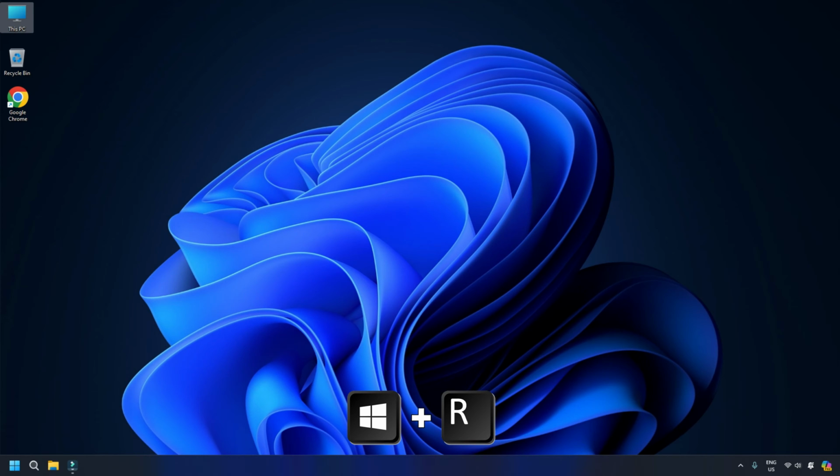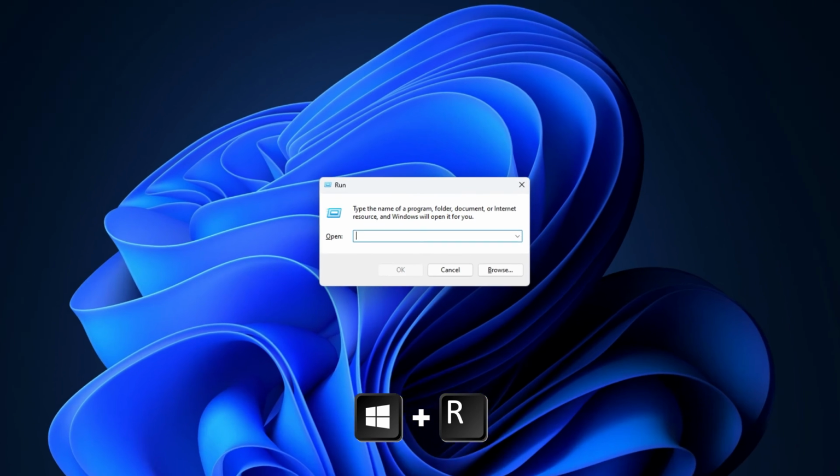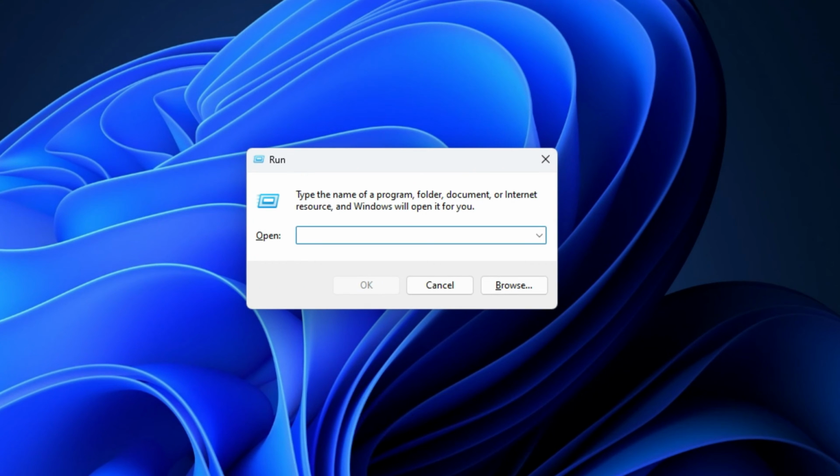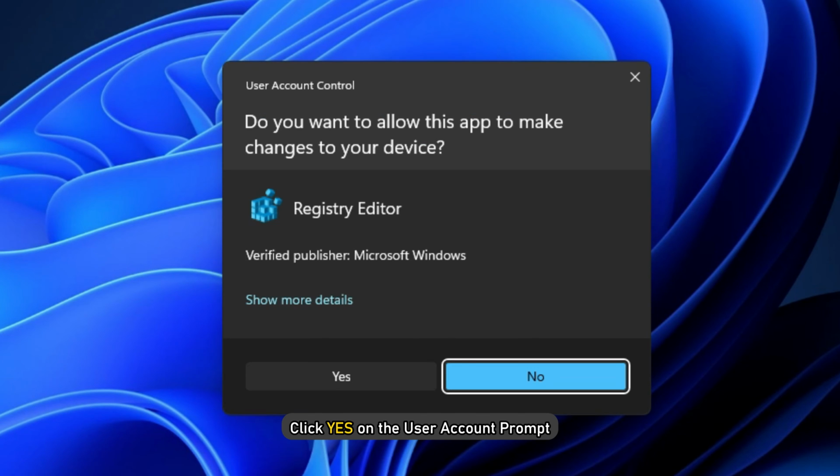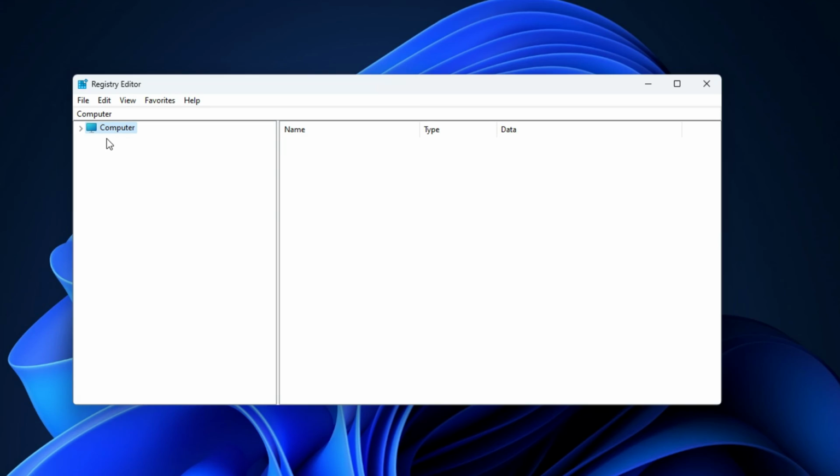Firstly, open the Run dialog box by pressing the Windows plus R keys on your keyboard. In the Run command box, type regedit and press Enter. Click Yes on the user account prompt. This will open the registry editor. In it, head over to the following path: